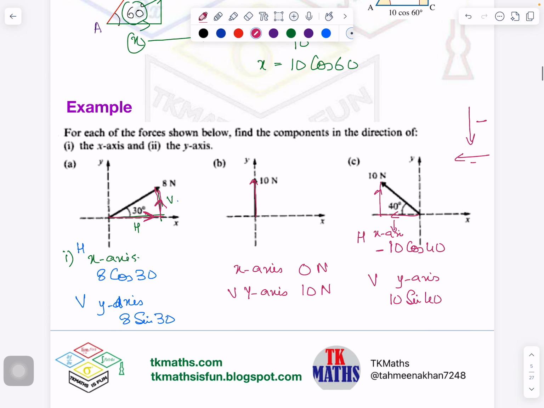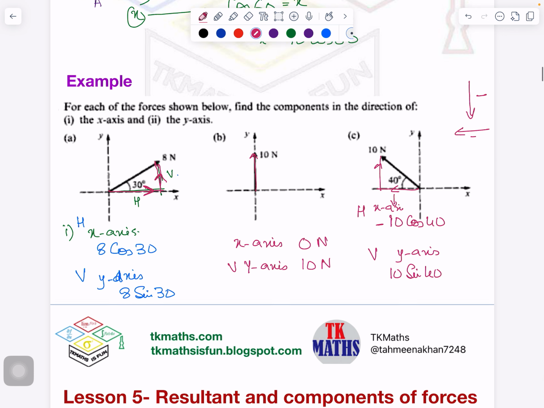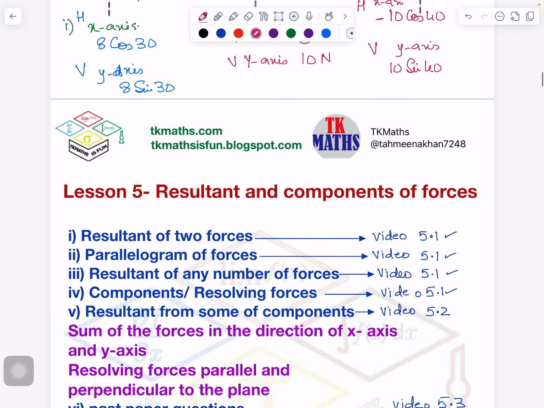So thank you very much for watching the video. In the next video, we will find out these aspects when there are many forces, how to find the resultant of those forces along the